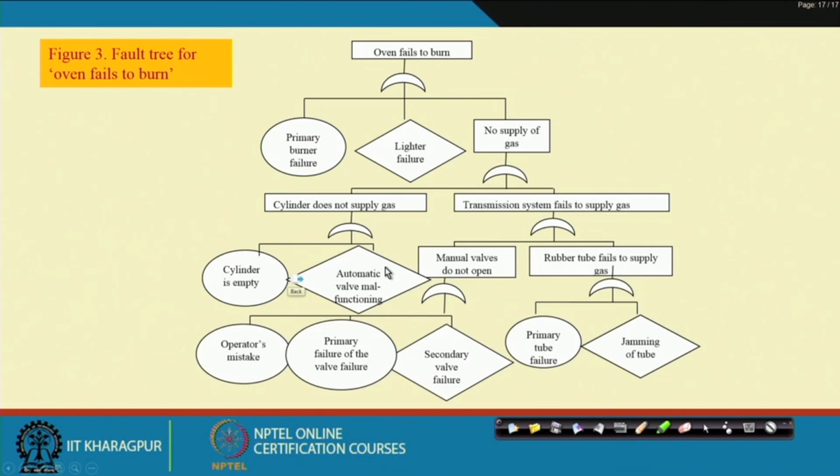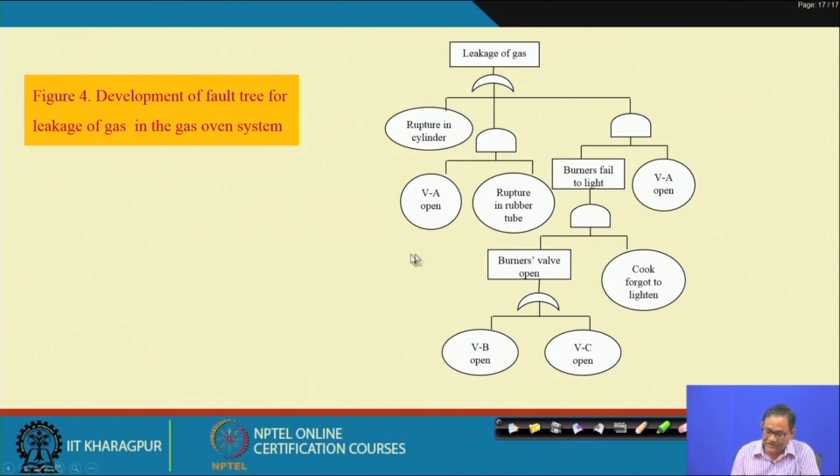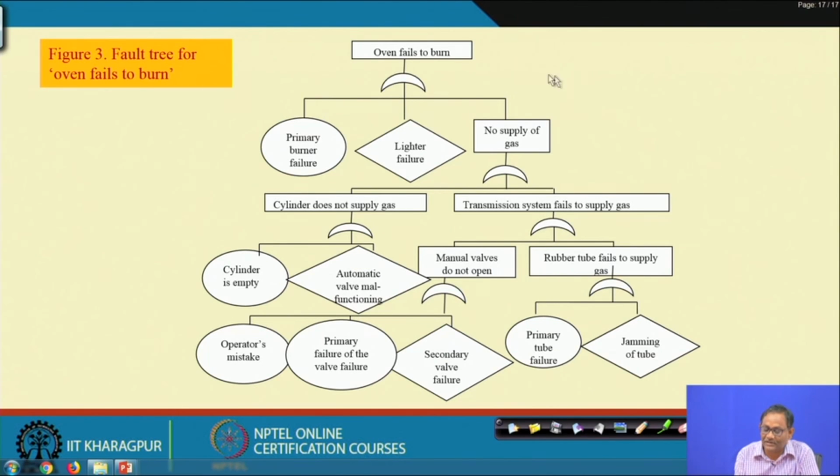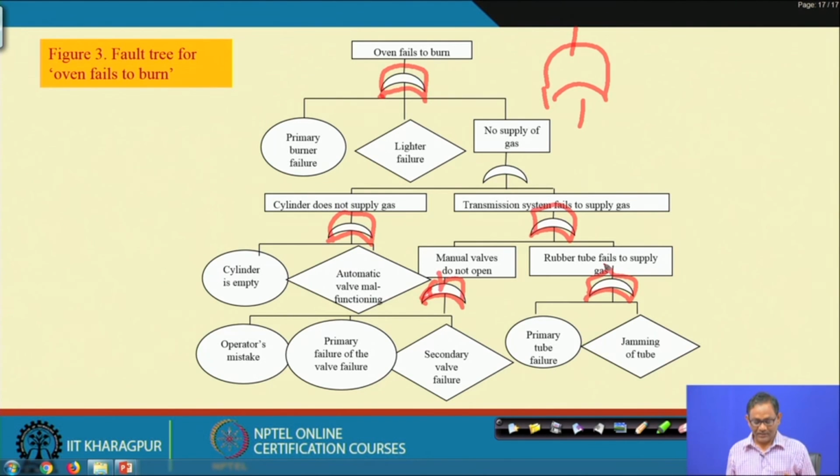What happened, if you see here, we are using only OR gates, these symbols are OR gates, but just from a drawing point of view, these are all OR gates. Okay. So, the more OR gates, that means if any basic event occurs, it will lead to the top event. So, it is a vulnerable system. The top event may occur easily.